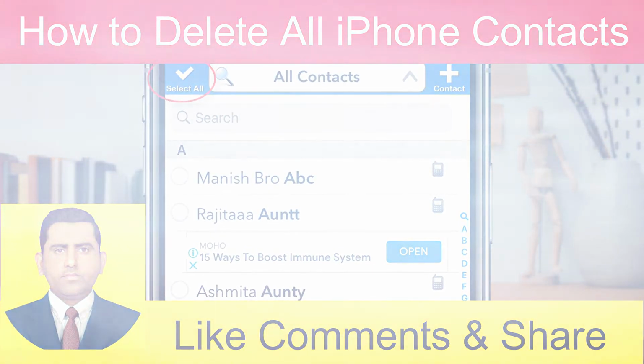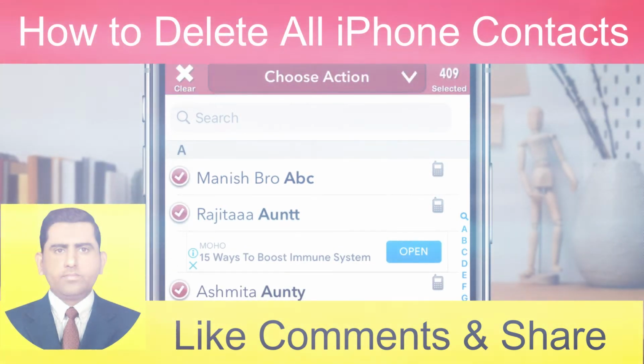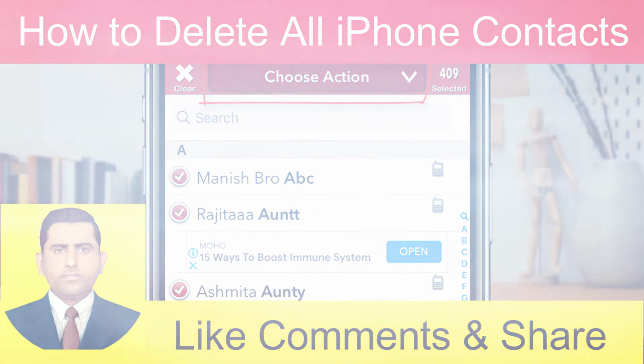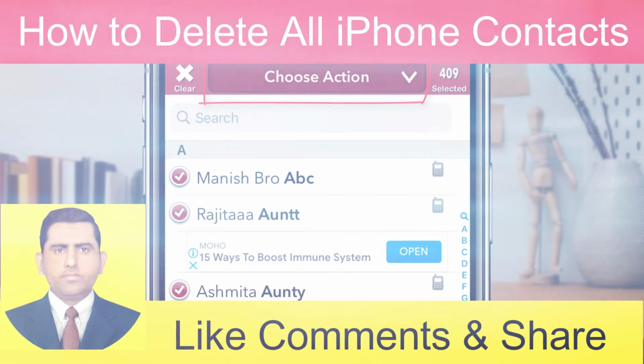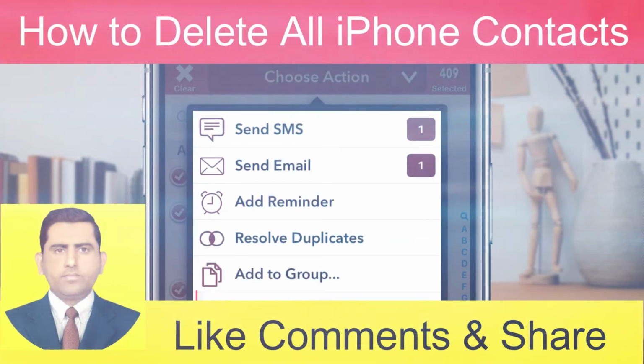left hand side you will be able to see a Select All button. Simply tap on Select All right over here. Once you tap on Select All, at the top of the screen, again you will be able to see the option called Choose Action. Simply tap on the Choose Action button, which you see, and at the bottom of the screen